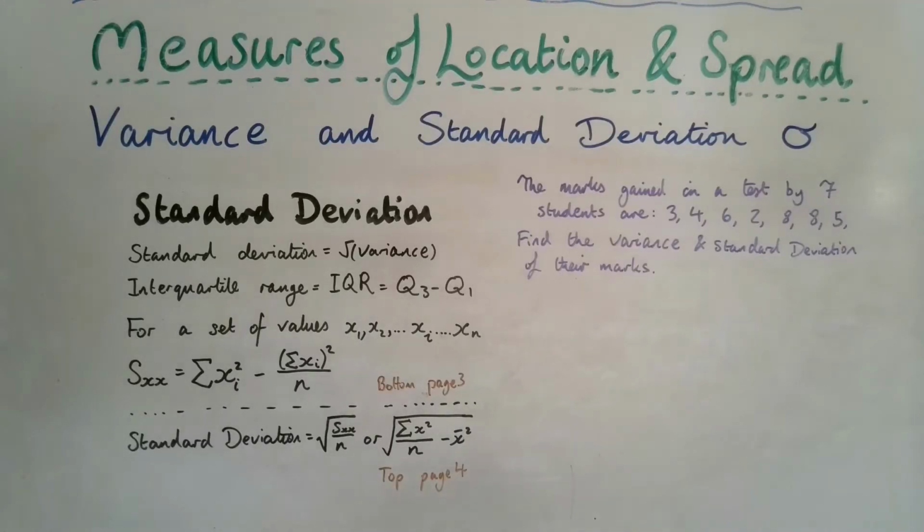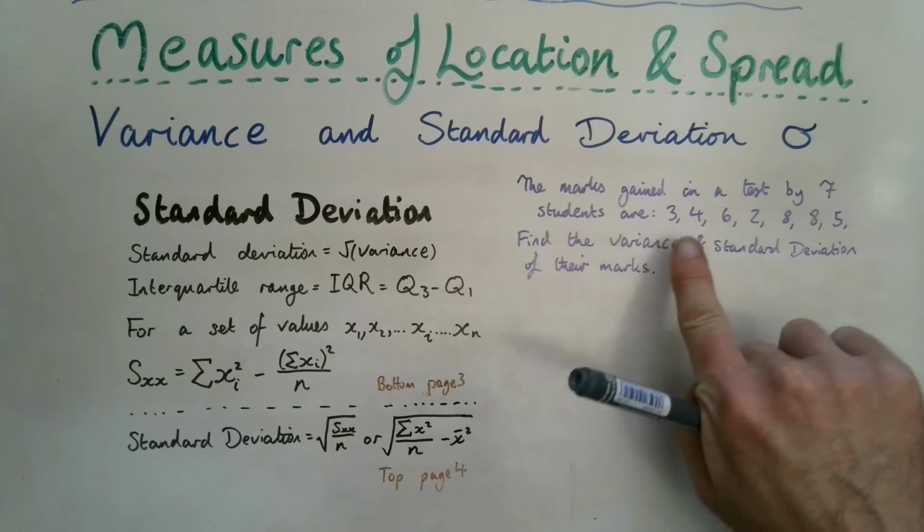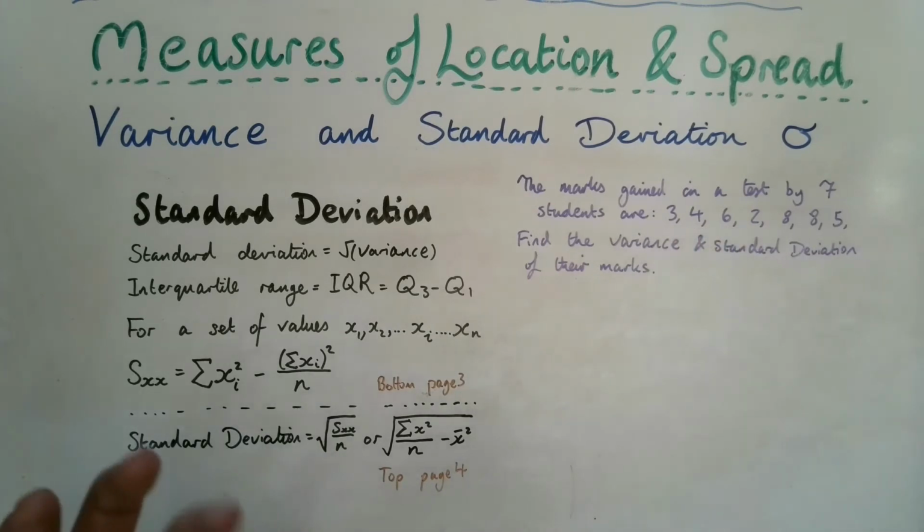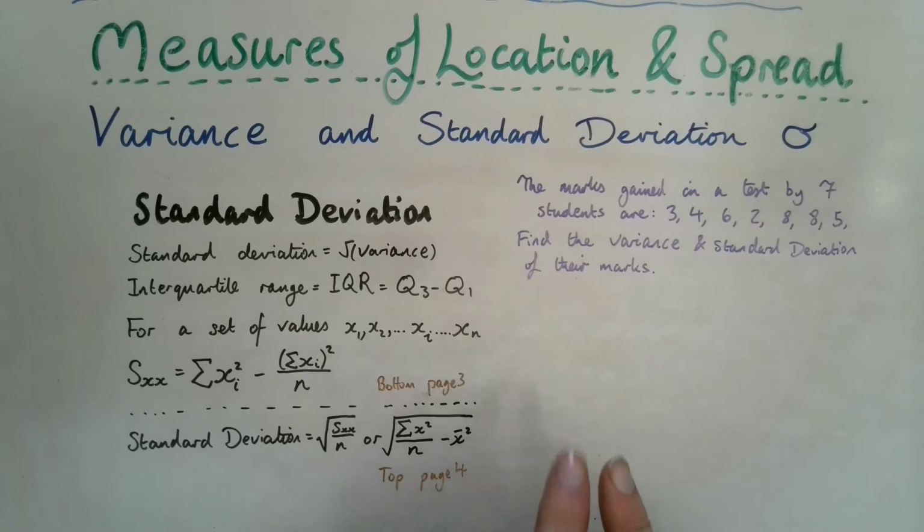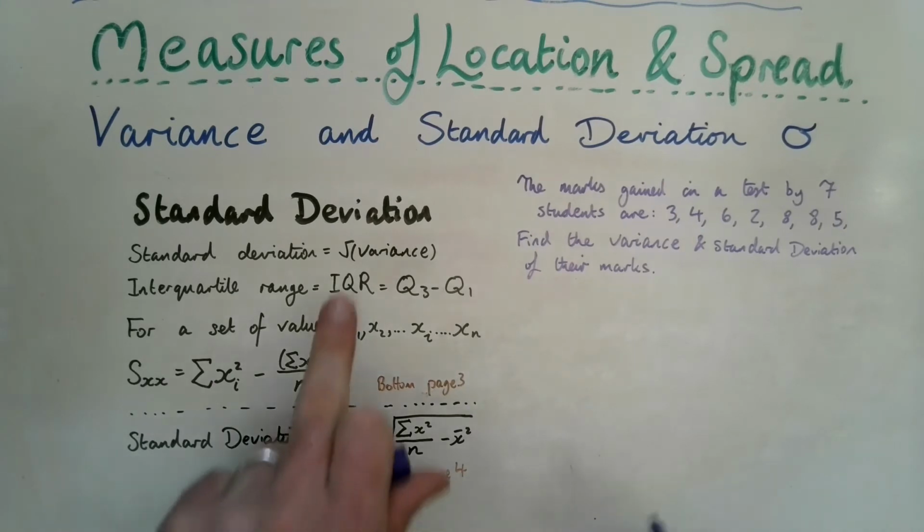Okay, so here's our first example for you to note down. We've got 7 marks from a test for some students. And what we want to know is how much on average they are varying from the mean. So the mean would be what they all add up to divided by how many of them there are, by 7. But we're not interested in what the mean is, but how far from that, how good is that average, how reliable is that average. So the variance, now if we look on here,